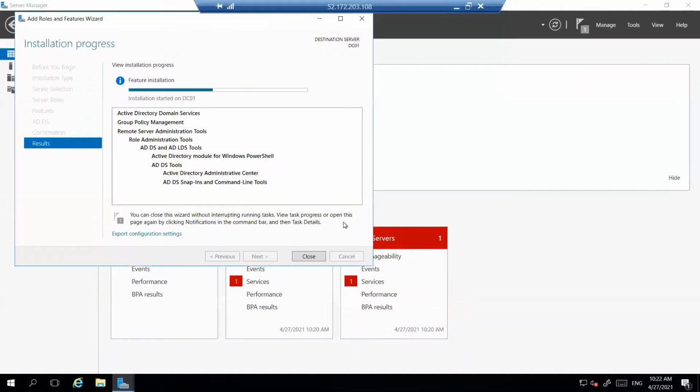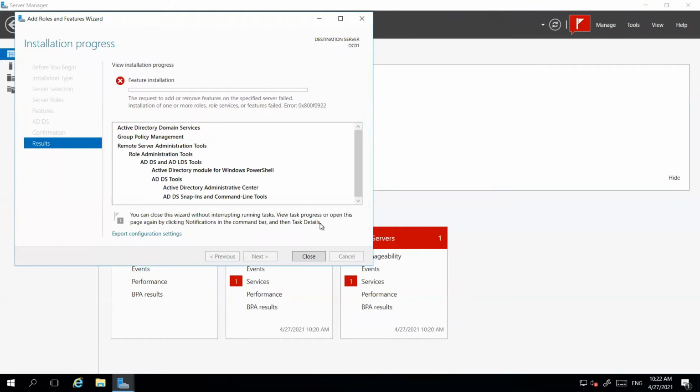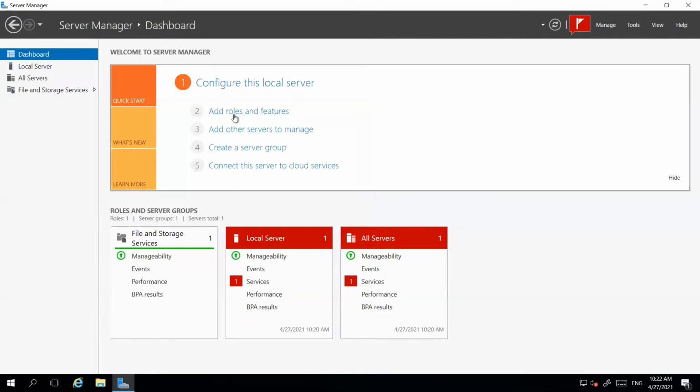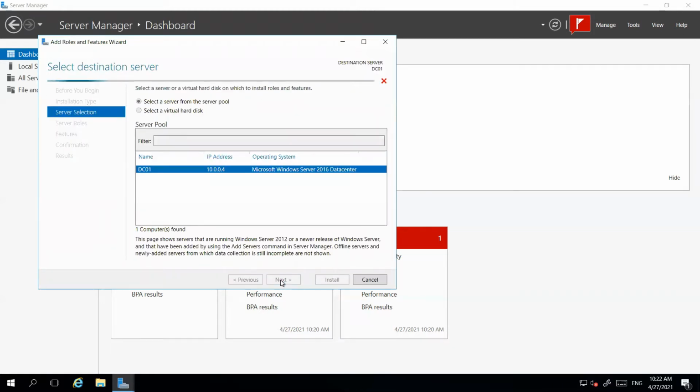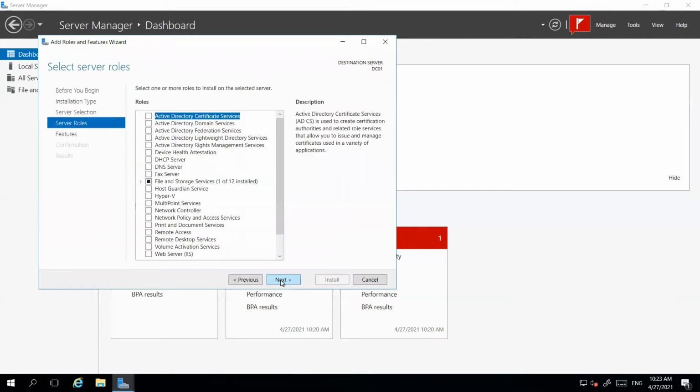So come, let it install. So the request to add remove feature, so this is not happening. Let me try once again.